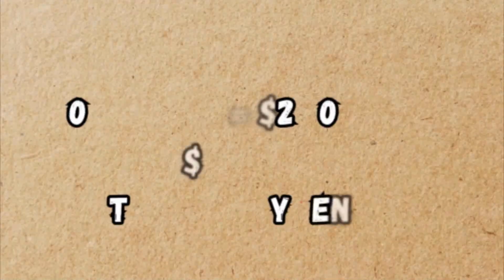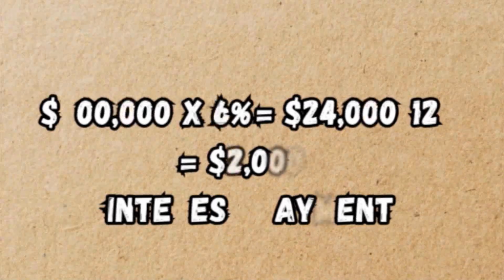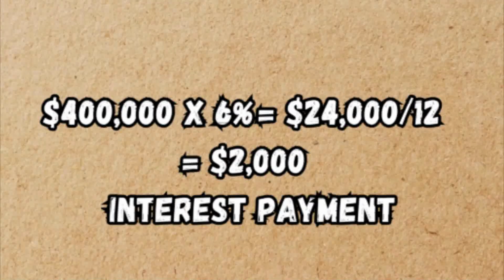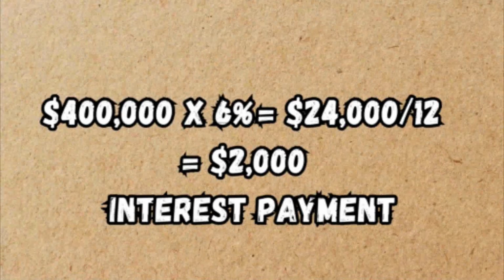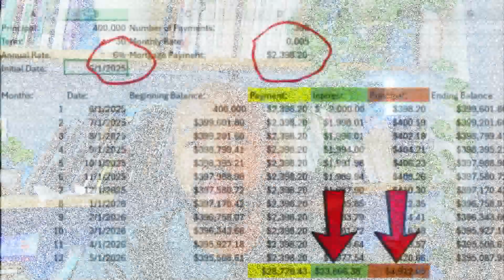So let's break down the amortization. For year one, we're going to take $400,000 and multiply that by 6%. That gives you $24,000. Now, we're going to divide the $24,000 by 12. That gives you $2,000 you will have to pay in interest the first month. Now, as we look at this chart here, the Excel sheet that I created, the first month interest is going to be $2,000. Now, the mortgage payment is going to be